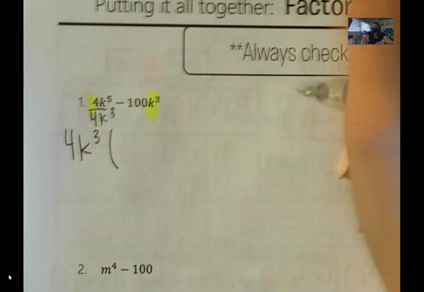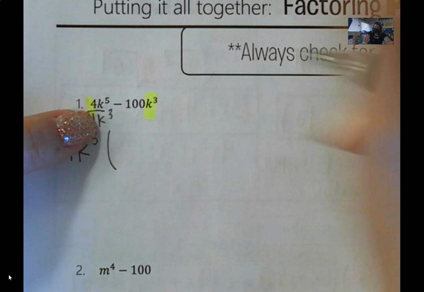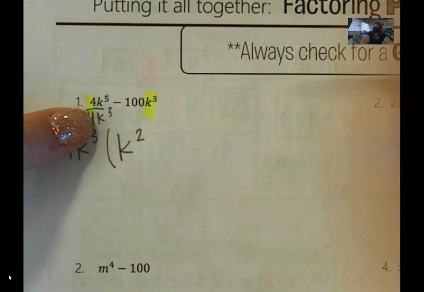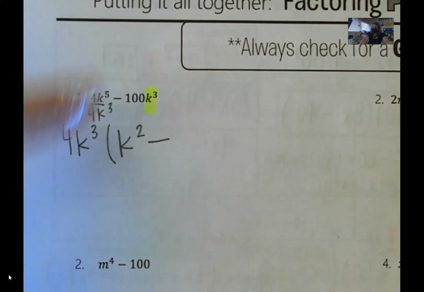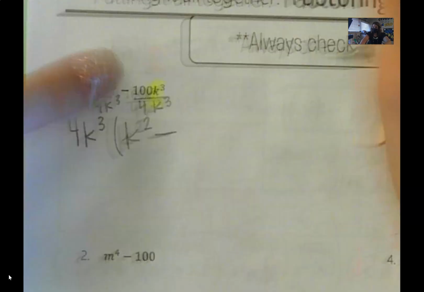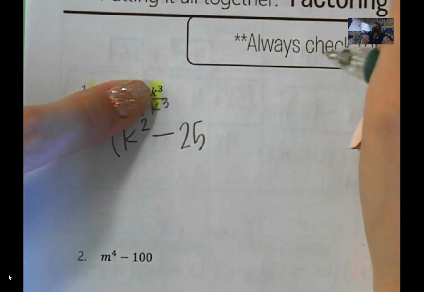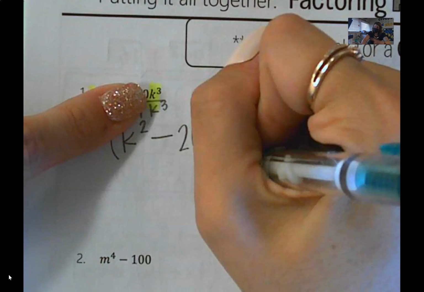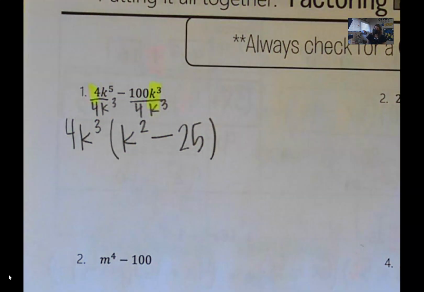So inside, if I take out the 4, that number goes away. If I have 5 k's and take out 3, that's going to give me a k squared. Keep the minus. If I divide 100 by 4, what does that give me? 25. And if I take all 3 of the k's out, I get 4k to the 3rd times k squared